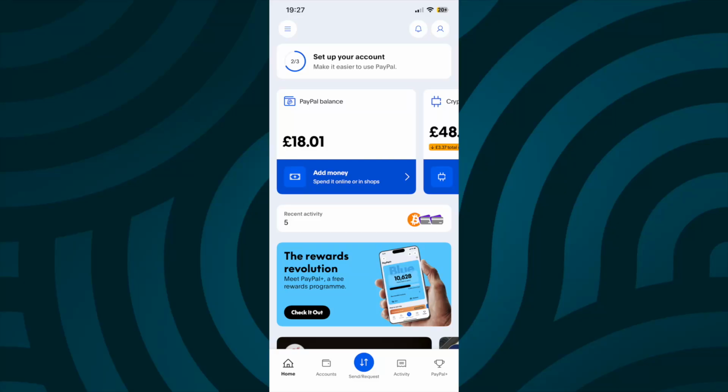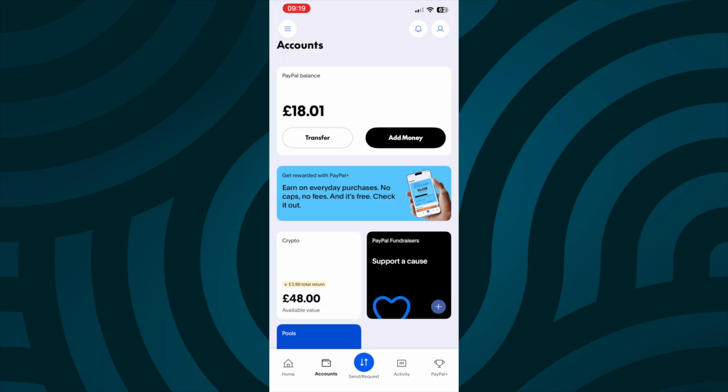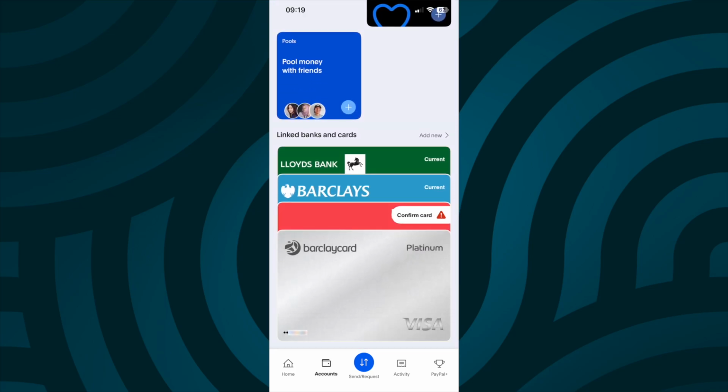So how to remove a credit card from PayPal. So to delete a credit card on your PayPal account, it's very simple to do. First things first, you want to open up the PayPal app and click on accounts right at the bottom here. Then once you've clicked on accounts, you just want to scroll all the way down and you